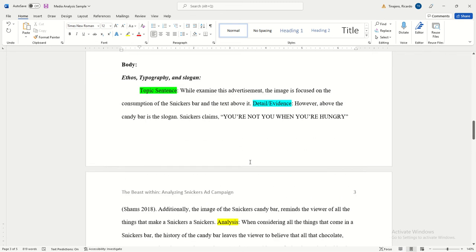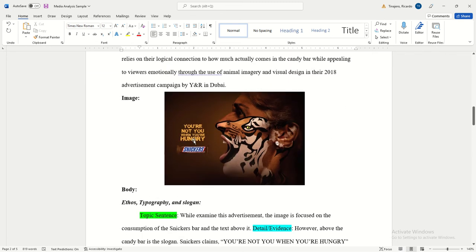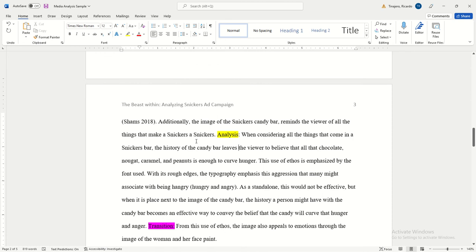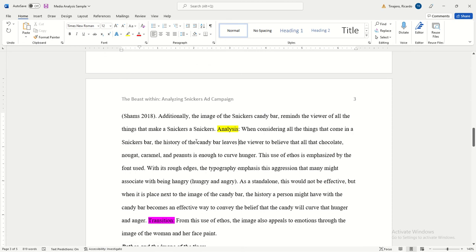And then when we take a look at the text, which is emphasizing this sort of rough angriness, we start to associate it with that feeling of being hangry, right? Maybe you're a little bit hungry now. We know that when we are hungry, we tend to get a little bit upset or mad, and so that's how the candy bar is working with its typography and the image, right? It's saying maybe you're hungry, you don't want to get upset when you're hungry, and so that way it's trying to sell you the candy, and you then visualize the candy in your mind and everything that comes in it,